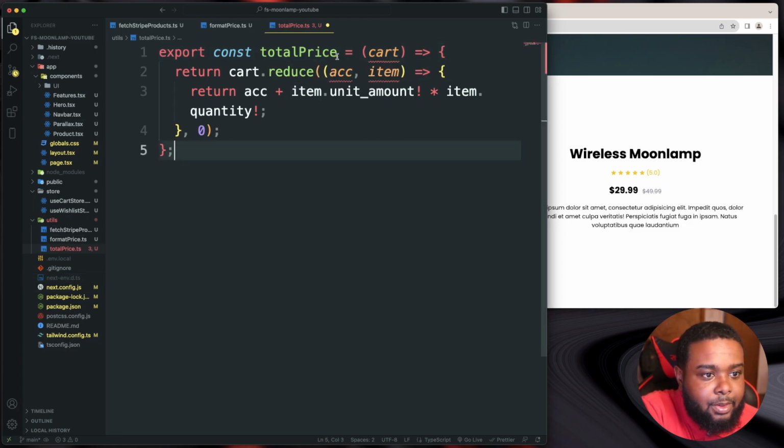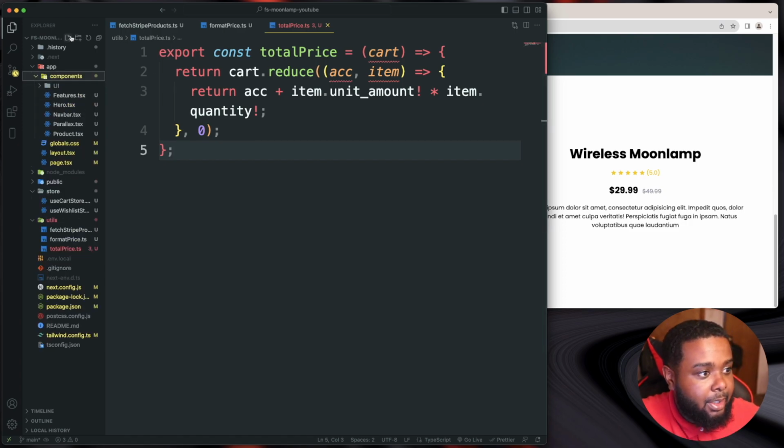So yeah, total price, and it's just using that reduce method that I'm still learning. That thing is really really confusing, I'm not gonna lie, but this is how we're gonna add all of our items in our cart, even though we only got one item, but this is how you do it. All right, so we got our utils, that's completed,